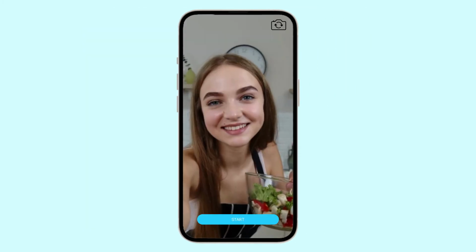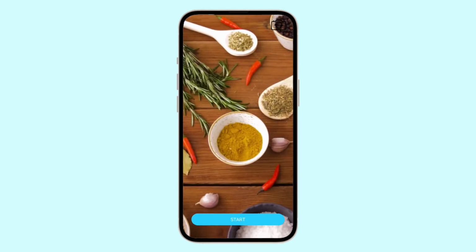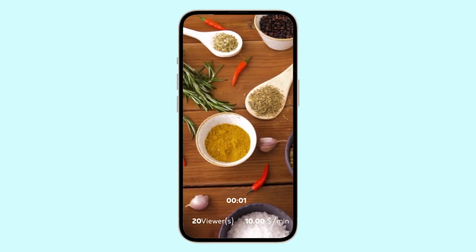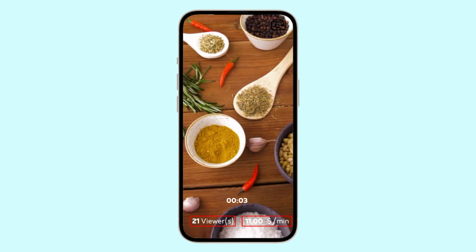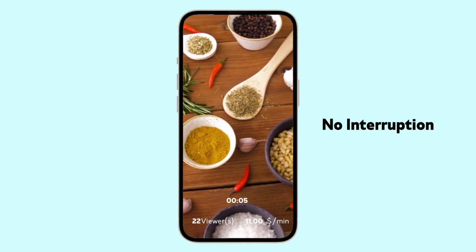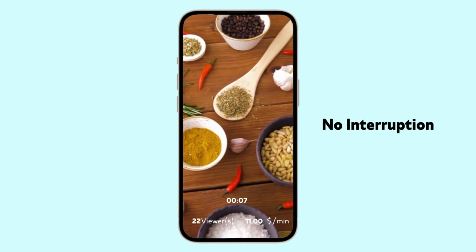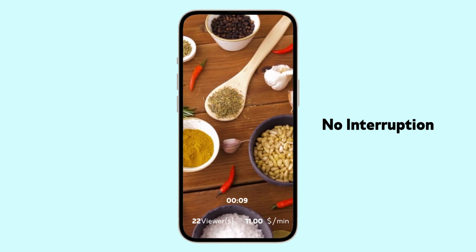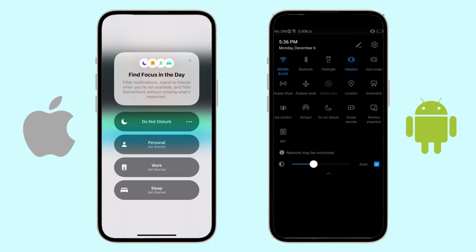Once ready to go live, select your camera and proceed. You can see at all time your current number of viewers and your ongoing permitted earnings. You won't be interrupted during your videocast since your viewers won't be able to interact with you. It is recommended that you set your mobile to Do Not Disturb before you go live to avoid any interruptions